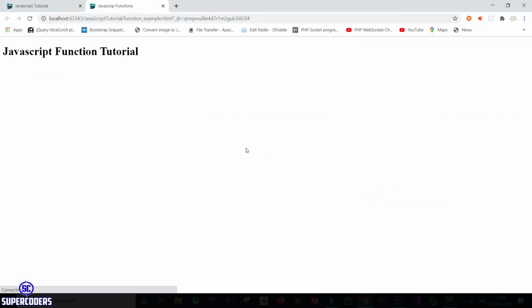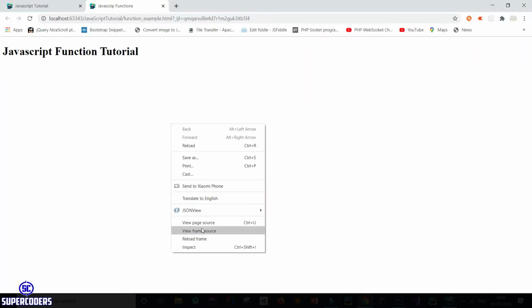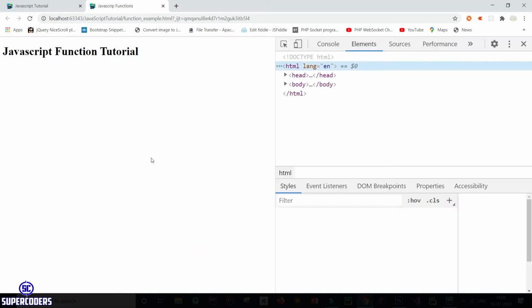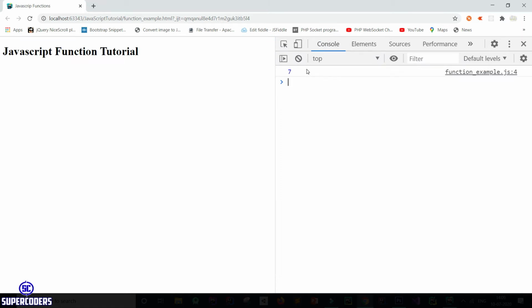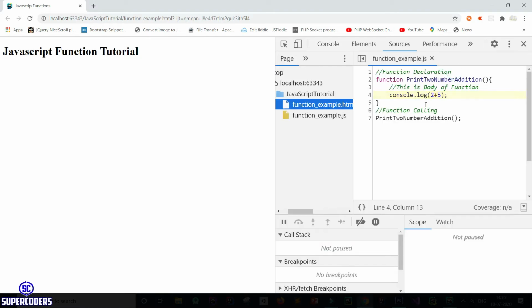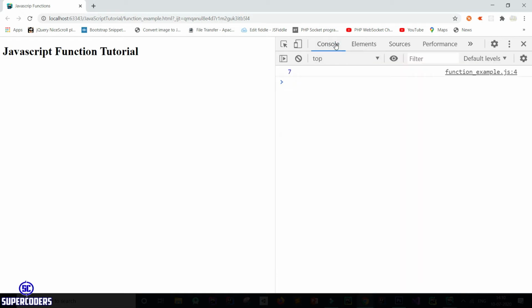Now let's open the console. So here is my console and you can see the output printed by our function example.js file. So this is a simple example of a function and how you can create a function.